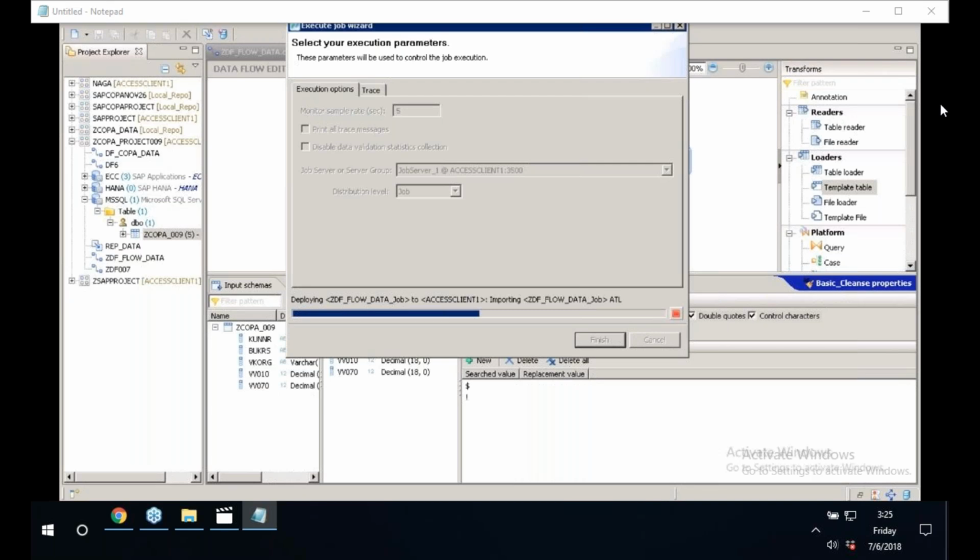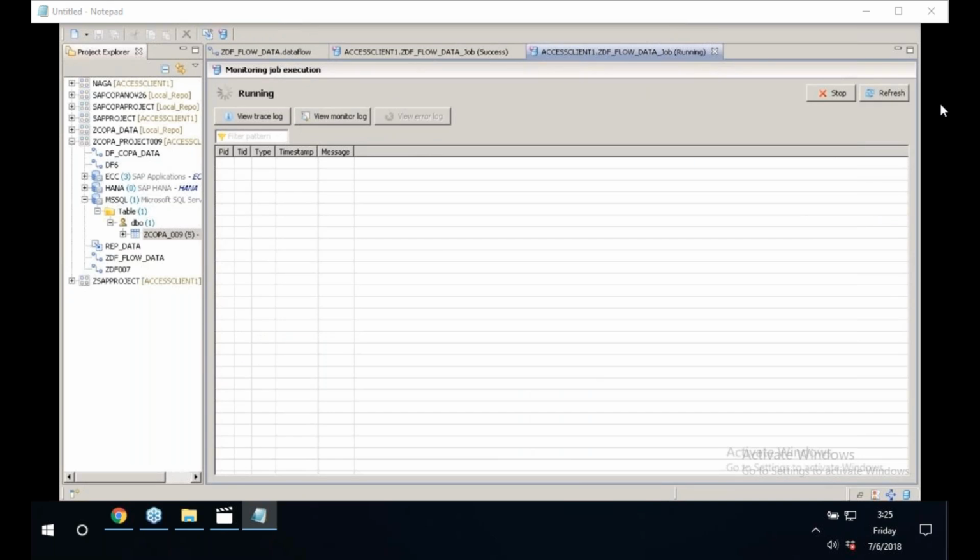After the completion of the job execution, so once it is successful,